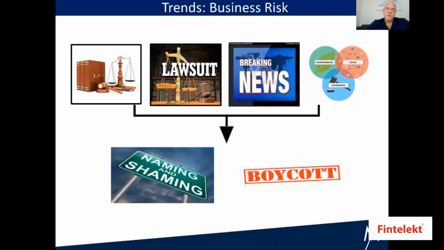In one case, the plaintiff wanted a label on the side of the tuna fish saying this product could be tainted by modern slavery. Not a good thing to have on the side of your product. We're seeing significant increases in modern slavery lawsuits, a doubling every year for the last 5 years, because people are really